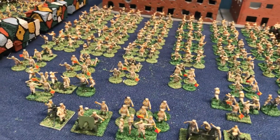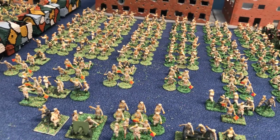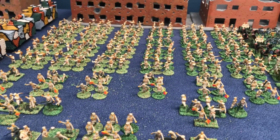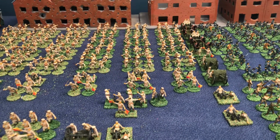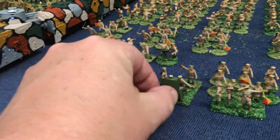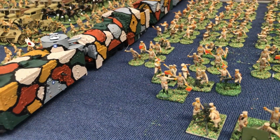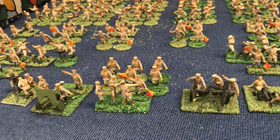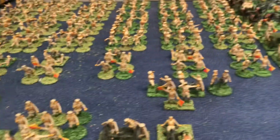The Japanese would eventually commit 60,000 troops to the battle, and the Chinese approximately 90,000. So you know, this is just a fraction of what would have been there. So there's the British. Now, as I said, I made most of the guns myself. I scratch built them from the World War British, and some MR parts, 150mm mortar, Oerlikon, and then we'll move over